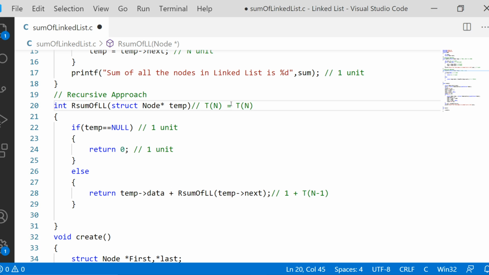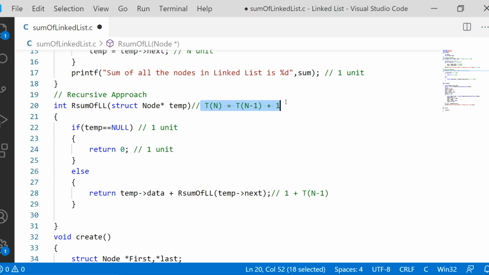Okay, fine. Now put all these things together and you will get an equation. T of n is equal to T of n minus 1 plus 1 here and 1. There are 3 ones available. So this is T of n is equal to T of n minus 1 plus 3. I have already mentioned this in several places: in the recurrence relation that we are forming, if there is any constant part, change it to 1.